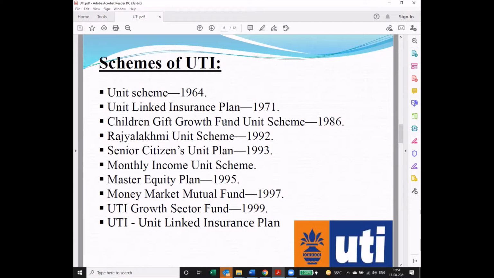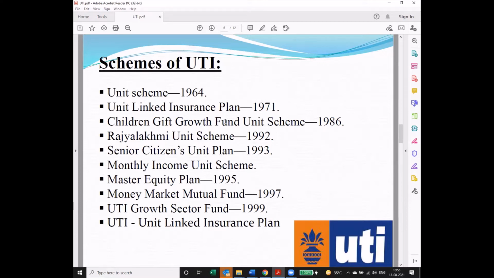Senior Citizens Unit Plan. This is for retirement funding that started in 1993, with a focus that there will be more people by the end of 2010 who will be 60 years of age, near their retirement. And because by 1991 we already had the liberalization, globalization, privatization plan, a number of private companies were expected to invest in India, create employment and create more job opportunities. So these kinds of schemes helped people to buy senior citizens unit plans, and maybe they will be sold off by the year 2022-23 when 30 years of this unit plan will be completed.